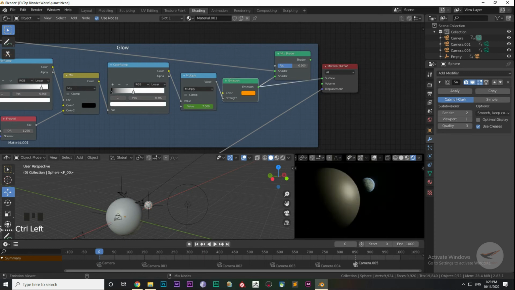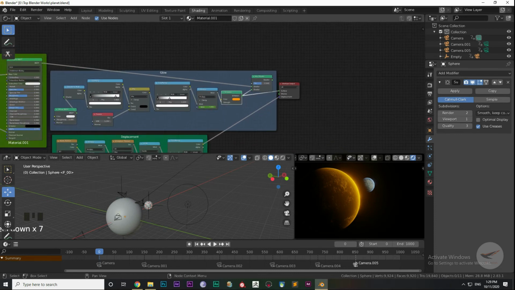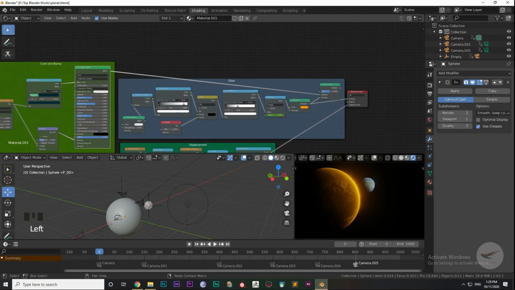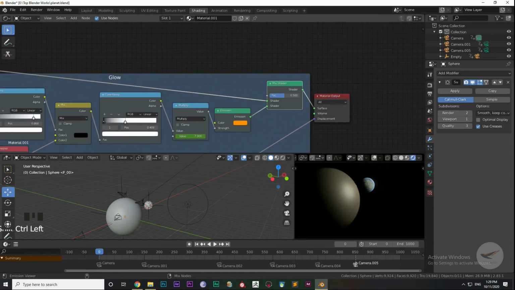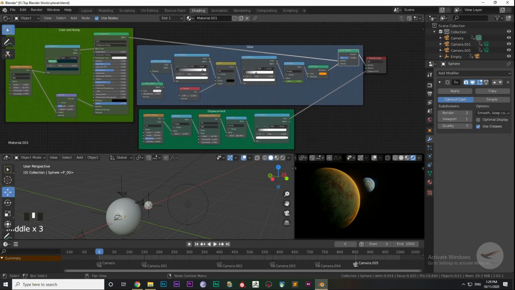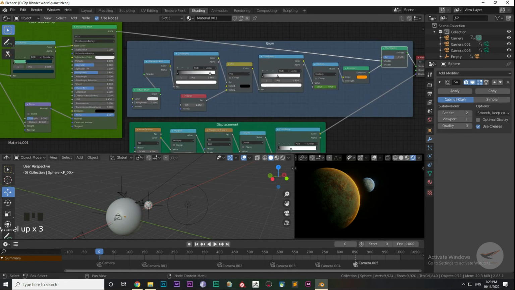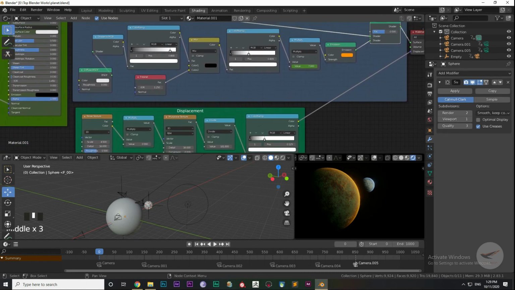And then I have connected the multiply node with an emission node with the color orange. So it will give an orangish kind of glow which looks quite amazing. And then I have mixed both the color and bump, the Principled BSDF, with the emission shader, with the mix shader, and this is the final render view. As you can see, the final render of the planets, right?